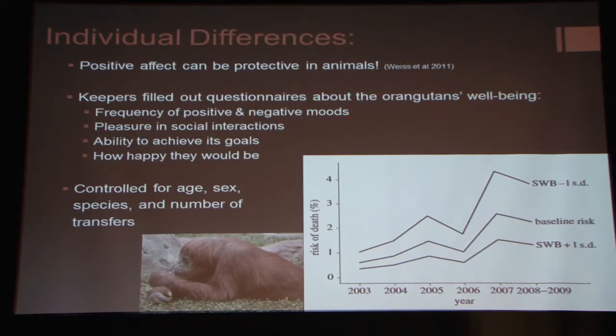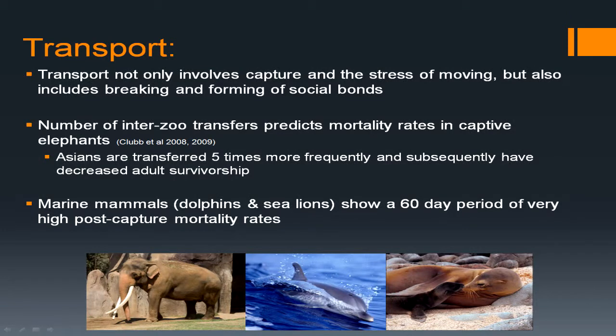So essentially, this means that a 29-year-old unhappy orangutan has the same risk of dying as a 40-year-old happy orangutan, which is, again, a very large difference. And then there's some cases that are not so clear-cut. So this is an issue where we're not really sure what's going on, but definitely these negative emotions